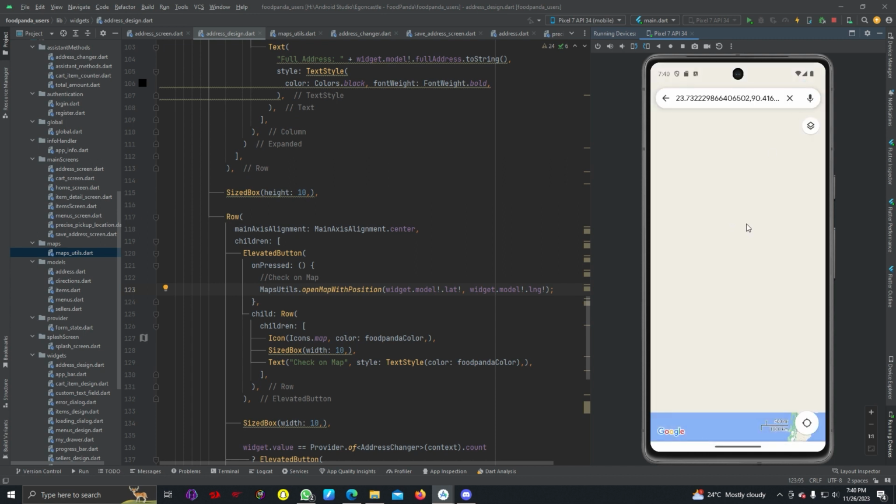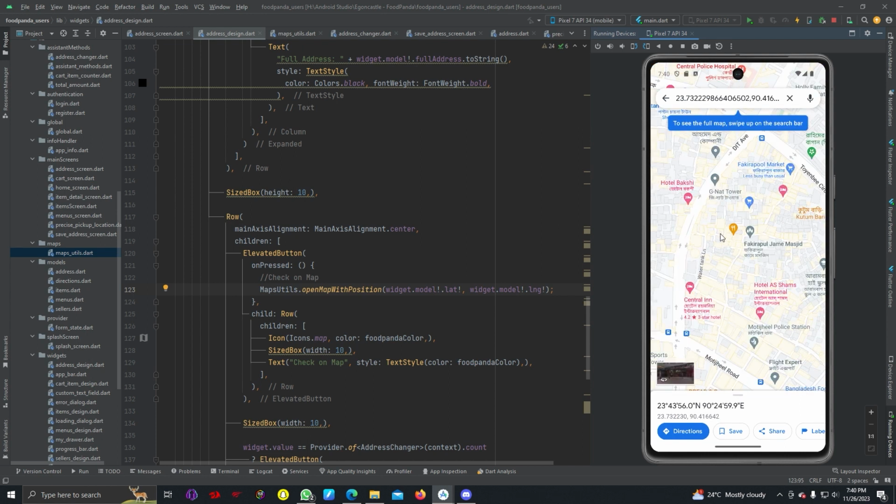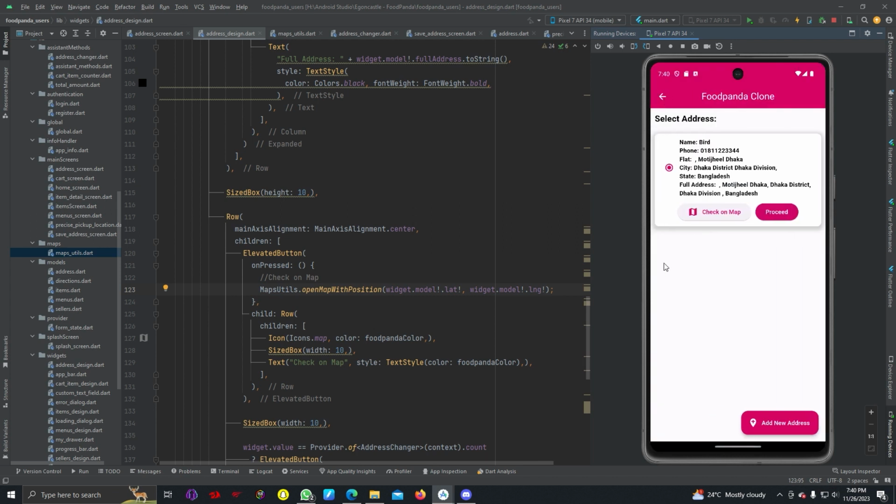skip, and we can see our address. So that's it, and then